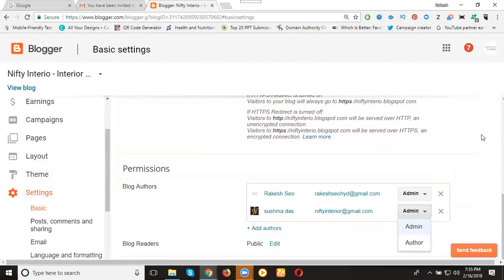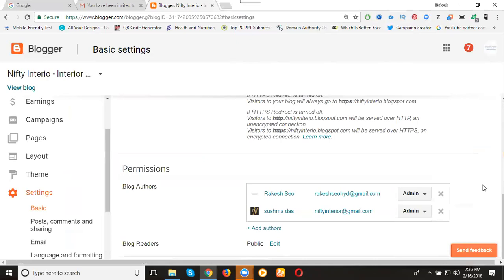So clear? This is where you can give access to multiple users. Not only blogger, we can give access on WordPress, any sites. Real-time sites. We can give access by cPanels, or by FTP logins. But in free blogger and WordPress, we can give access to multiple users for your updating content purpose and everything here. This is called access by multiple email IDs. In one blogger, we can give unlimited email access for posting content purpose.